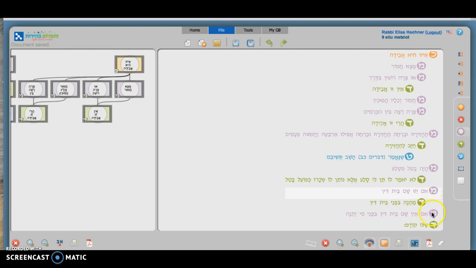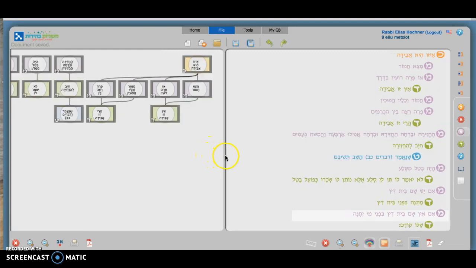In the next case, im ein sham beidin bifnei mi'itne, if there is no court there where you can go and make the condition, then the din is shelo kodem. His property comes first. He does not have to lose money from his work and go return somebody else's property. So if we look now